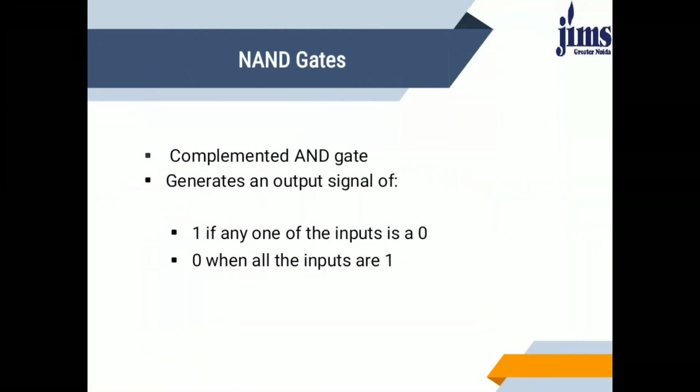So this was all about the basic gates. Now we will talk about the universal gates. Why do we call them universal gates? Why don't we put them in the category of basic gates? Because universal gates are those through which, with just one type of gate, we can build any kind of digital circuit. Meaning if a circuit is to be built using basic gates, then we must use a combination of AND, OR or NOT.